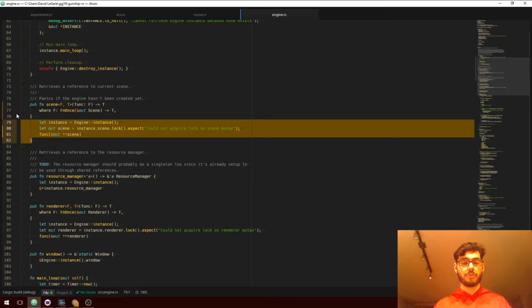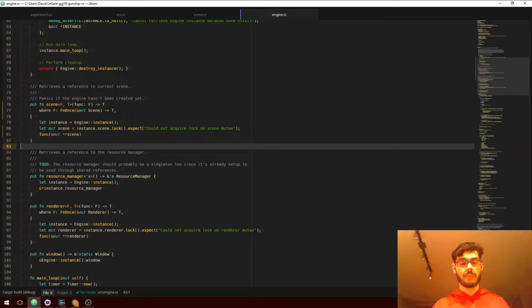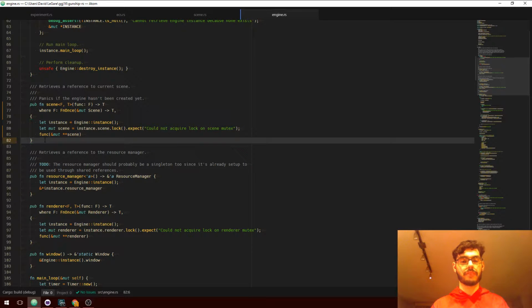And I've done the same for scene. Engine is still a singleton for the time being. It'll probably always be a singleton.